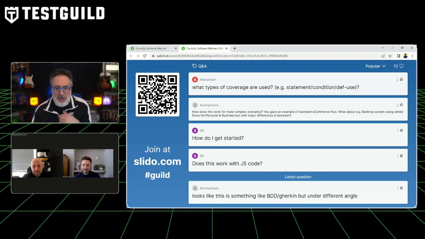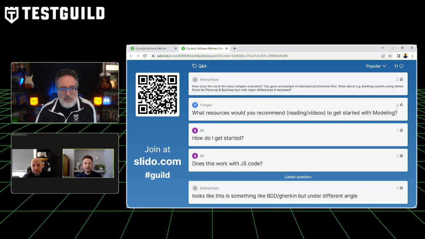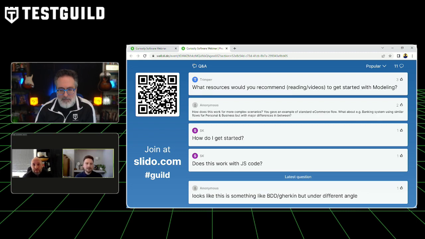What types of coverage are used? Statements, condition? So in terms of how we set up our coverage, it is based off of what you see in the model. There are a number of different settings that look at the different combinations of behavior that you've added onto your model. We call them in and out combinations. So if you've got 2 fields interacting with each other, how can we cover the different combinations of behavior that exist between those 2 fields? There are loads of different ways, but I think that covers the main one.